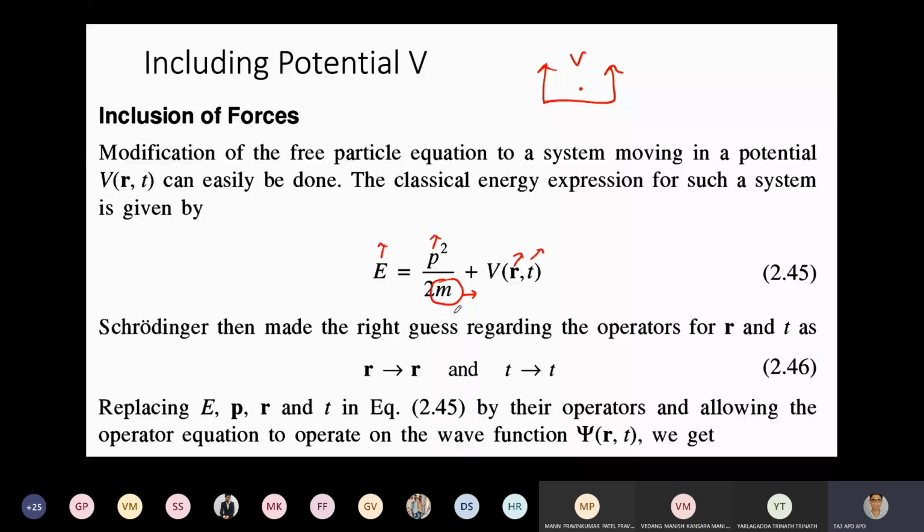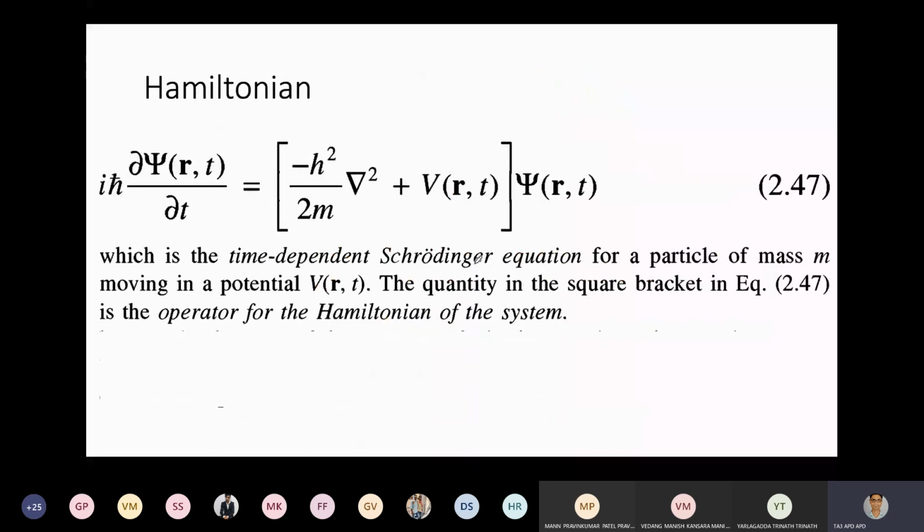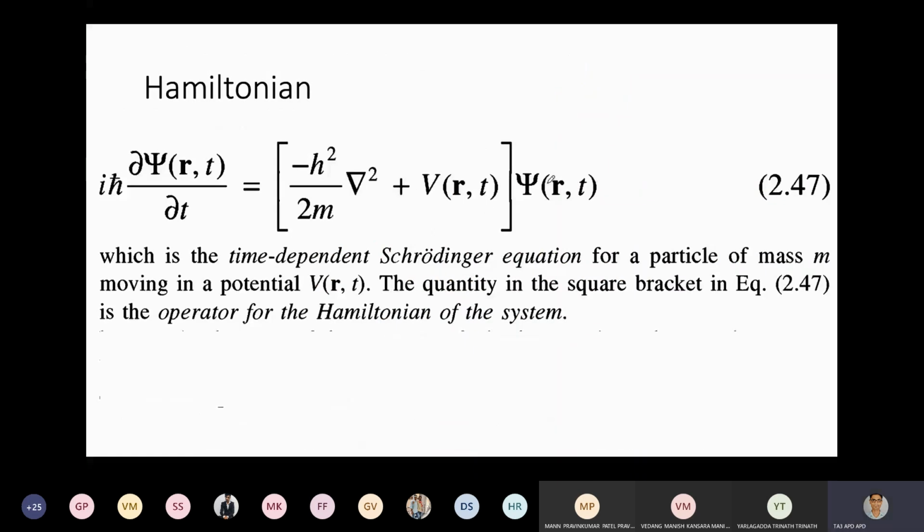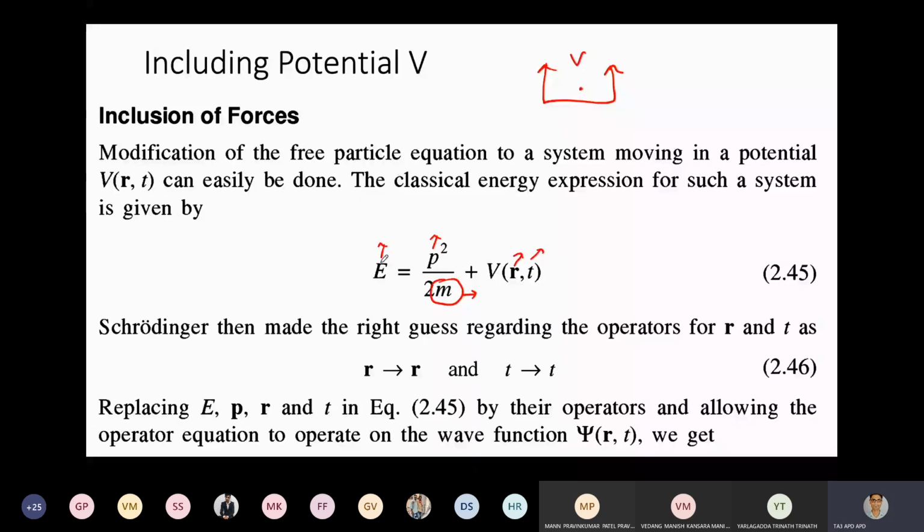So when Schrodinger derived this, he replaced all these parameters by the equivalent operators. When you write down this whole expression with the equivalent operators, your equation would look like this. You write the energy operator as i h bar del psi by del t, and this whole term is multiplied by a function psi on both sides.